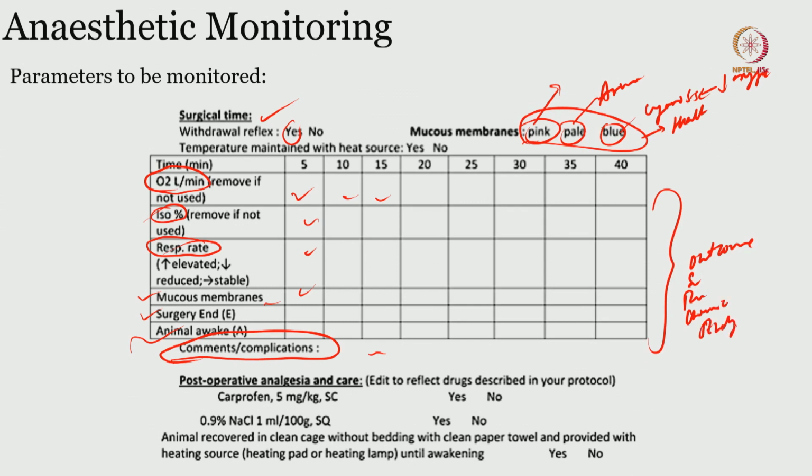All right. And then of course, some details about the postoperative analgesia and care, whether you are going to use isotonic saline or you are going to use the analgesic agent, and if yes, what route, and then a little bit about where the animal recovered and how was the recovery. All right. And then the heating source, whether it is there or not. So, it is a sort of checklist that you are trying to maintain along with the monitoring, which is very